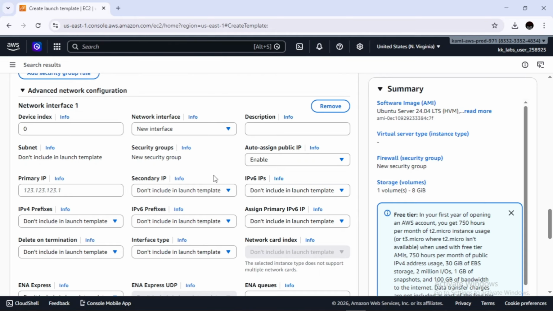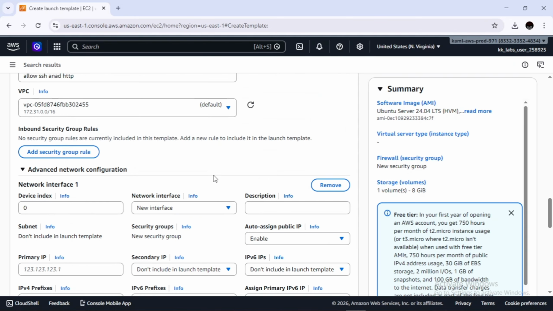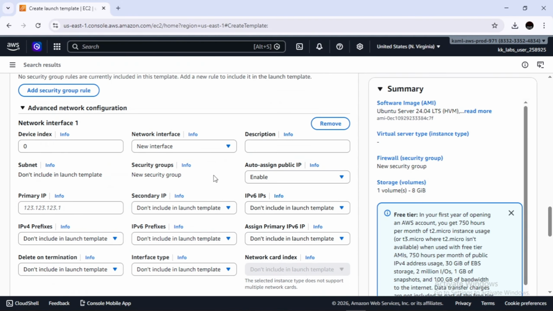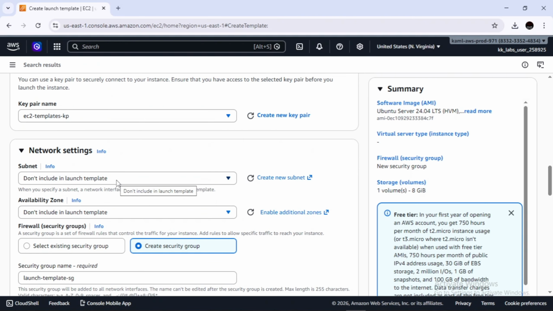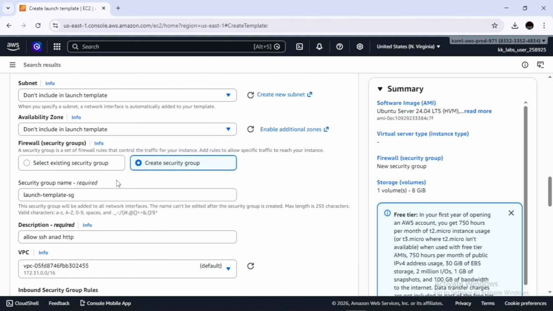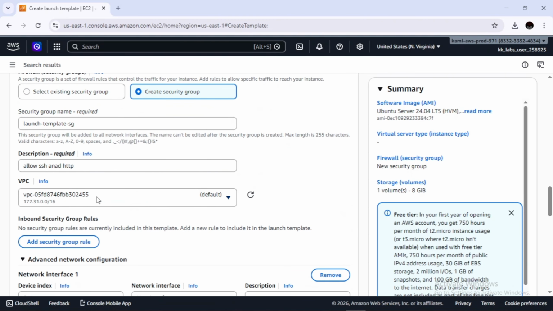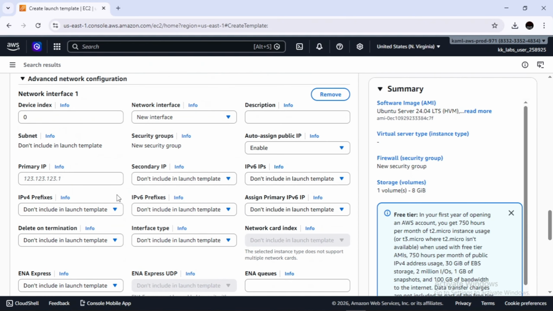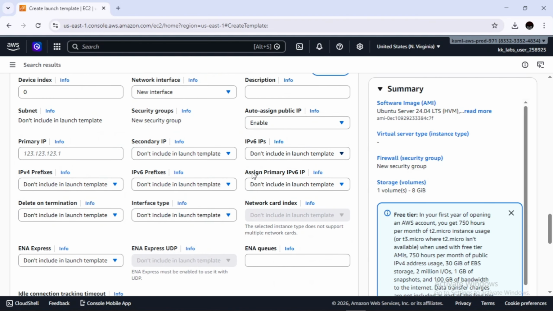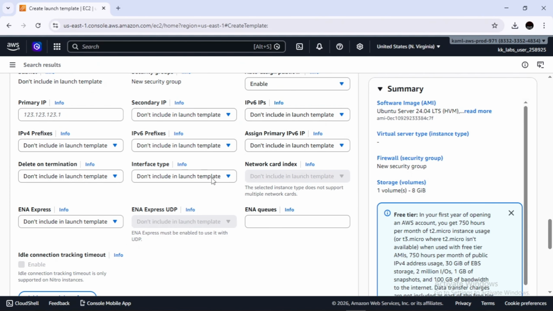What is going to happen is that this launch template will launch EC2 instances in a public availability zone. For this demo, I'm using the default VPC. Also, we can include any IPv6 and any networking related components.